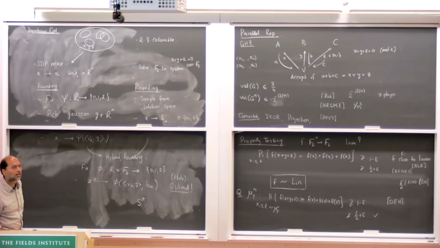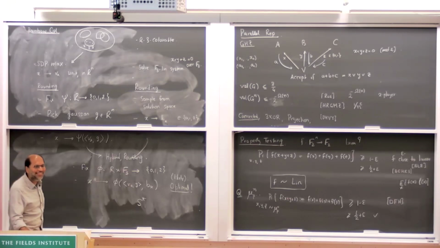Do you have any visibility into this? In the 2CSP case, there is a connection also between the SDP value and the parallel repetition value of decay. Do you expect this to hold here? You mean for 3-player? Yes. I mean, we are barely able to prove anything, but while we are willing to make conjectures, do you believe that that's the right value, or is there some third constant? Yeah, it's not something I ever even thought about. Or, you're also the expert, so you didn't think about it either. So we should sit together.